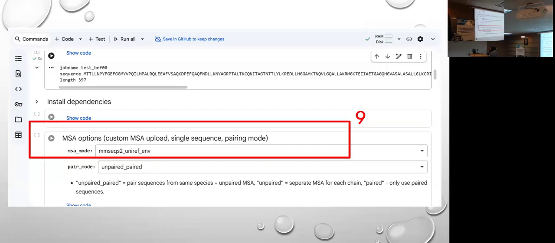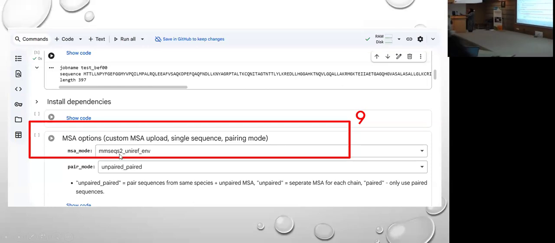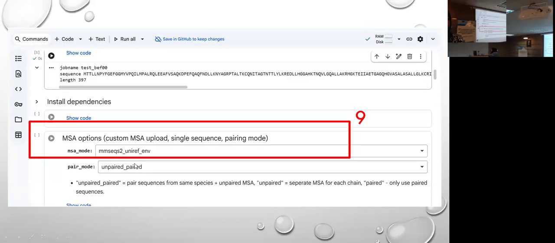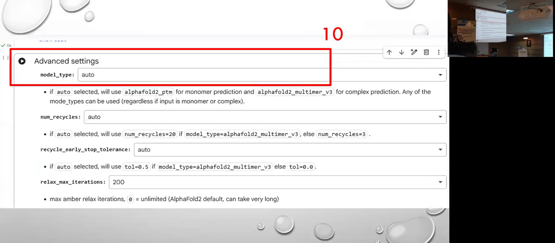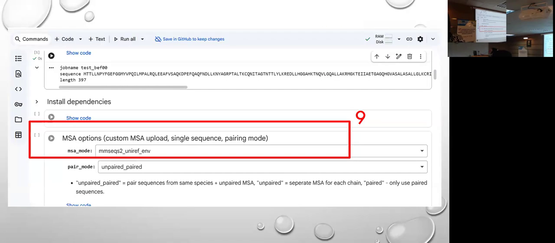So first you have to play this button to install the dependencies, and then if any other option is selected, kindly select these two options in your mode. Okay, and then play this button until you get the tick mark.